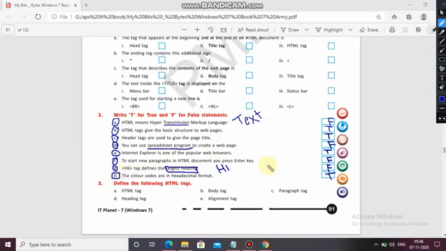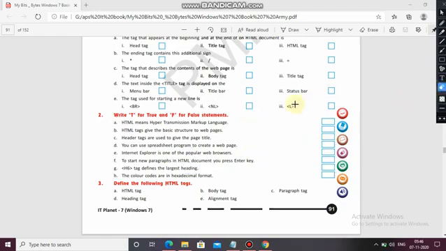Okay. MCQ also. Hope you have got the answers. Now for the next class, this is your homework. Define the following HTML tags. Okay.